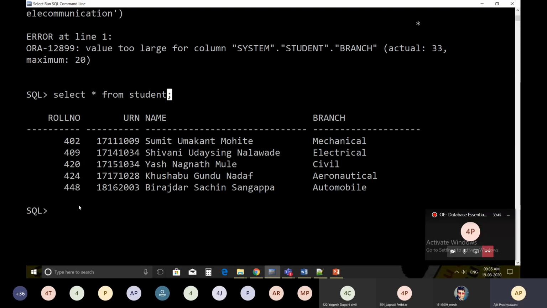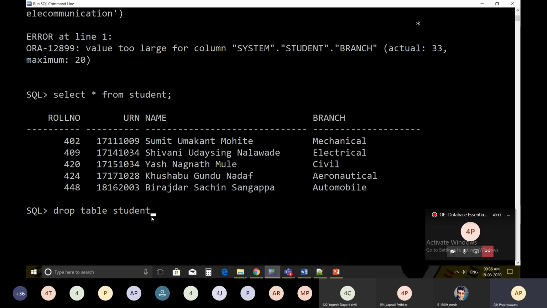Now I'm going to drop this table, which I have created already. Just say drop table student. Is this visible? Whatever I'm typing over here, is it readable?